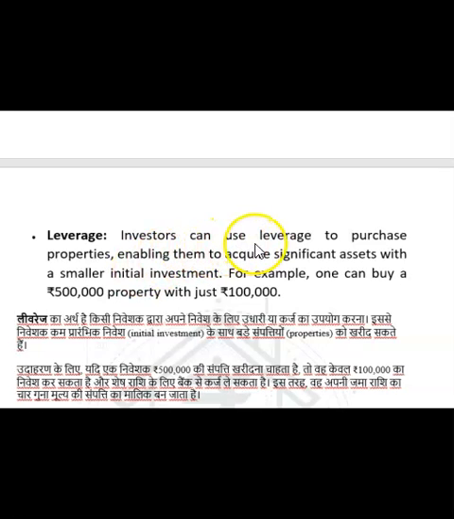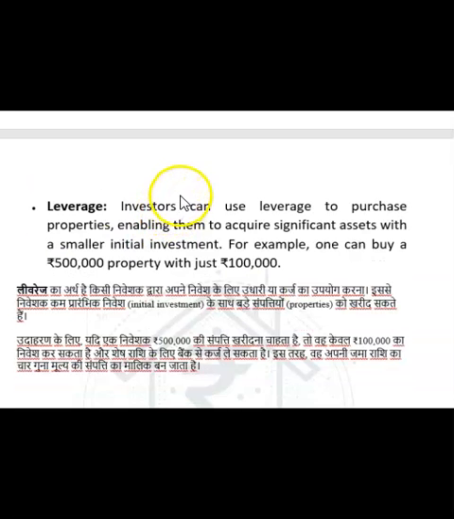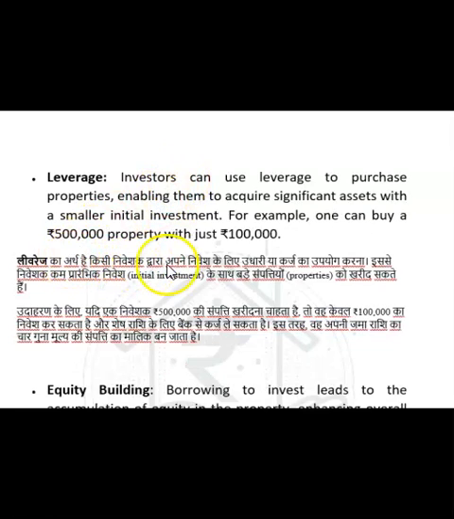Leverage: an investor can use leverage to purchase property, enabling them to acquire a significant asset with a smaller initial investment. For example, one can buy a 5 lakh property with just 1 lakh rupees. हिंदी में लेवरेज का अर्थ है निवेशक द्वारा अपने निवेश के लिए उधारी या लोन का उपयोग करना। निवेशक के पास में यदि 1 लाख रुपए है जेब में, तो वो 5 लाख की प्रॉपर्टी ले सकता है, because इस पे लोन इजिली मिल जाता है। 4 लाख लोन लेके आप अपनी प्रॉपर्टी ले सकते हो।